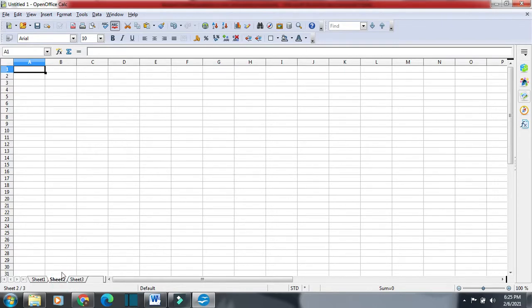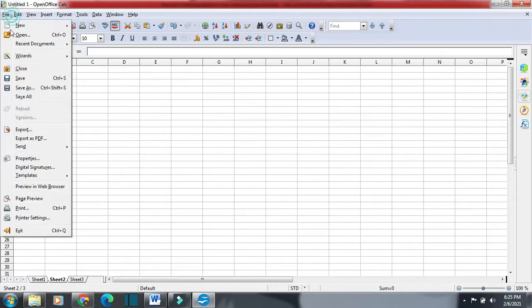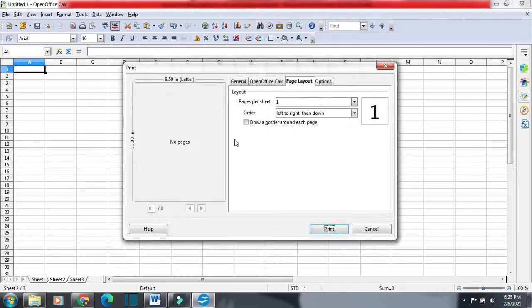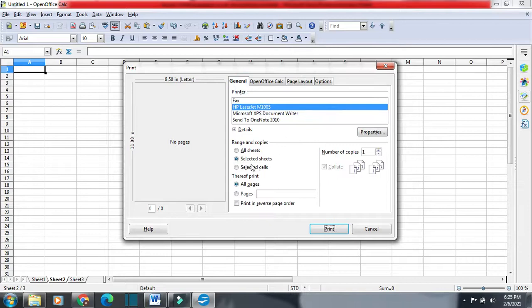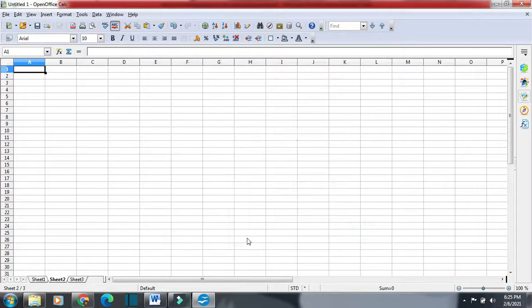I will just select this sheet and then click on File and then click on Print, and you can see we have this sheet without any data. That is why it is showing no pages. But we have data in sheet number 1, which we have not selected. So this option, selected sheets, will let you print only those sheets which you have selected. Then you click on print.